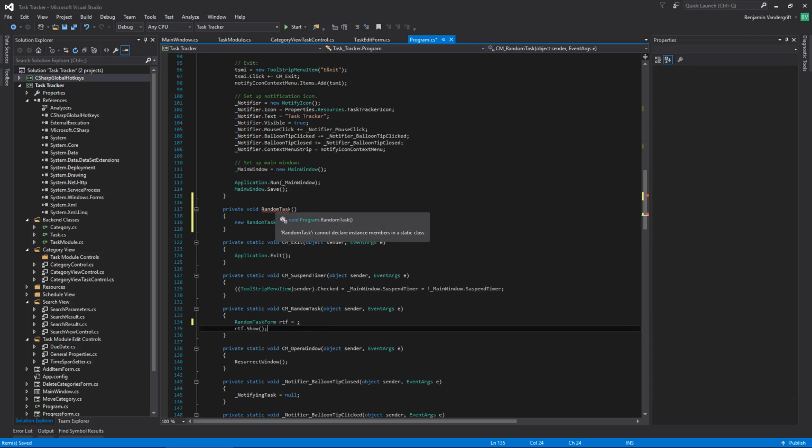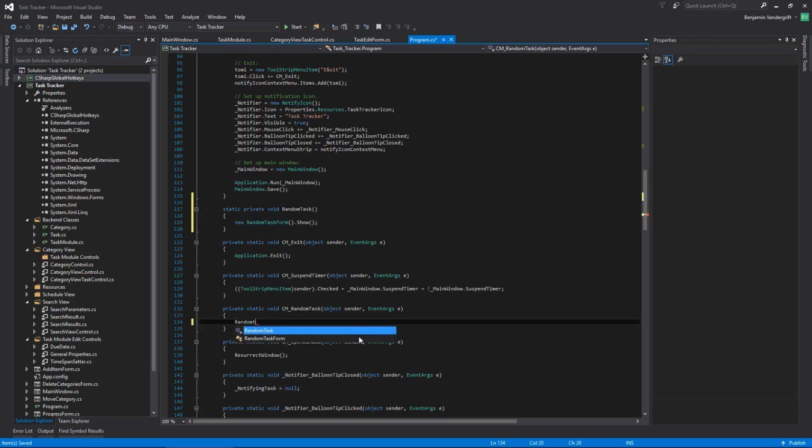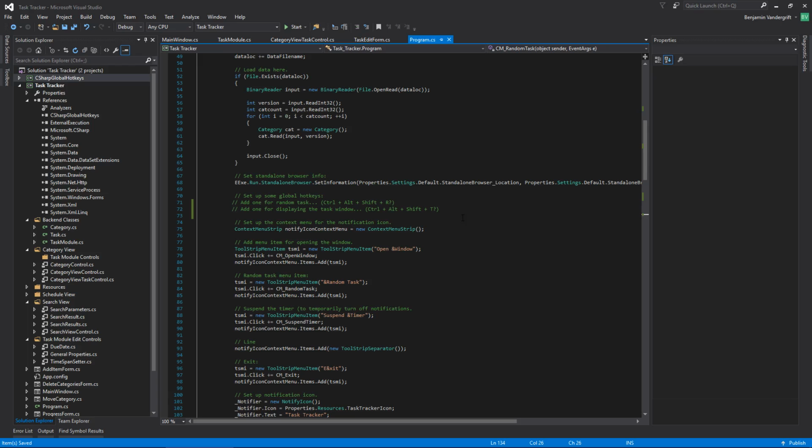Oh yeah. Wait, what? Sure. Static void random task. Just replace this right here with random task. And then I can just go, it'll be like hotkeys dot register hotkey, or just register